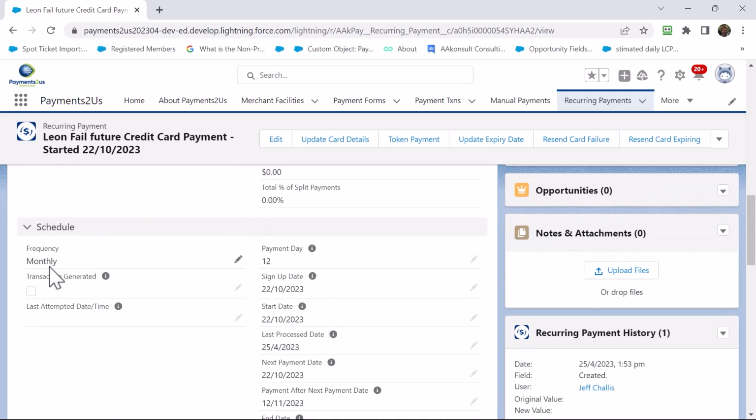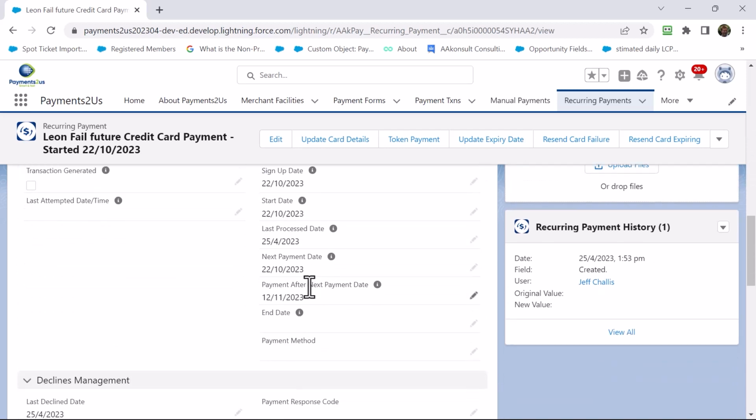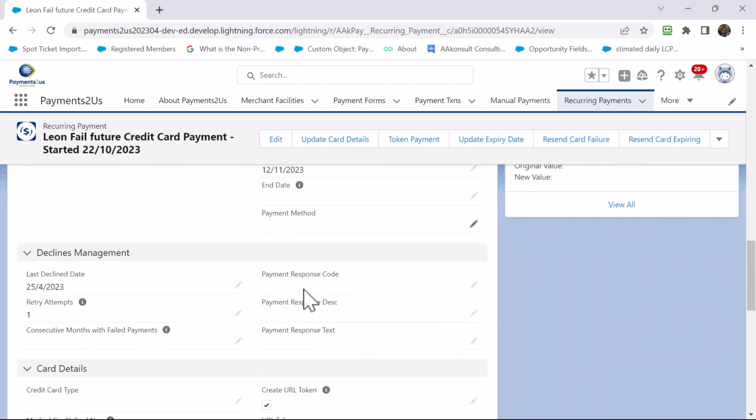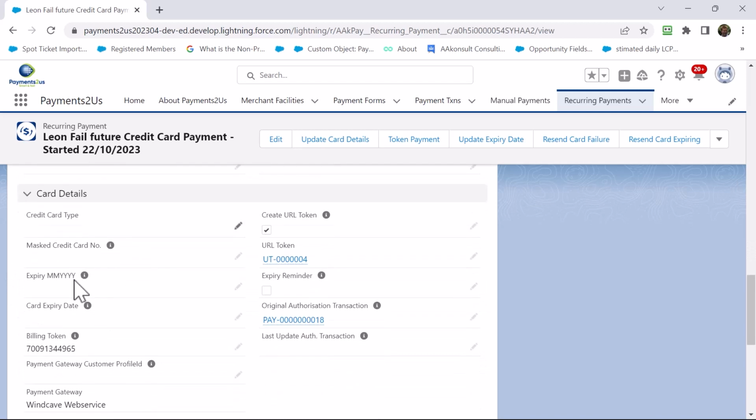I can see that it's been set for monthly. I can see the sign up date. I can see that it's due to start on the 20th of the 10th. As we mentioned here, this one actually did fail, and of course the billing token has been uploaded from the third-party system. So thank you very much for listening to Payments to Us with import files and how we can